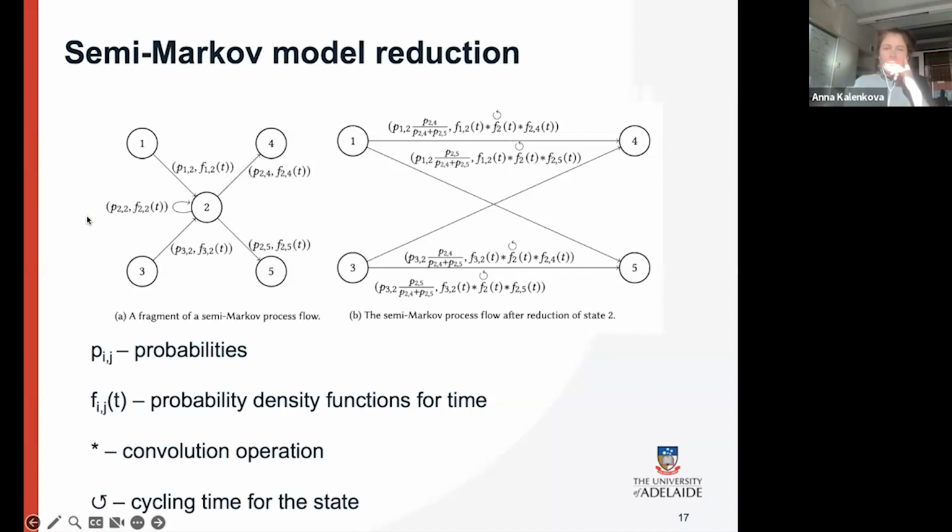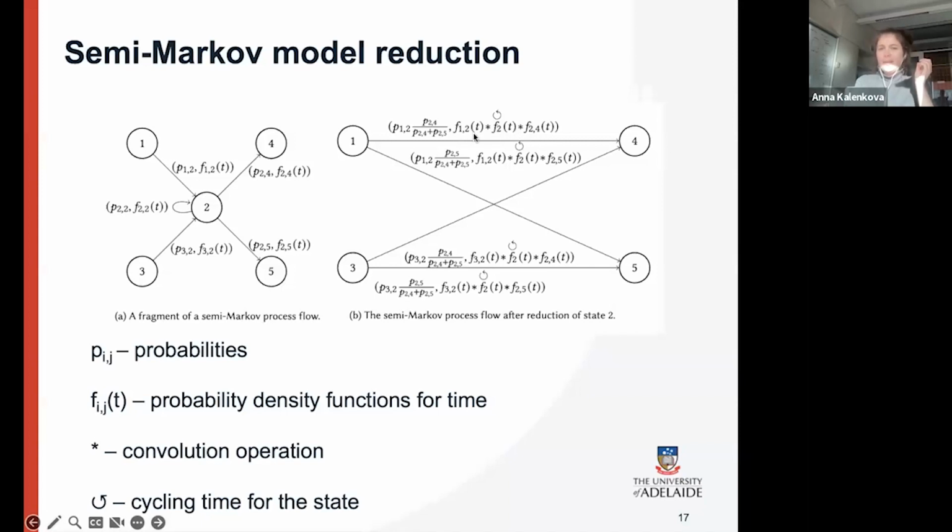For example, here we want to remove state 2. What would that mean? It would mean that we can get from 1 to 4, which we did before via 2. Now we remove 2 and draw an edge between 1 and 4, annotating it with new probabilities and new